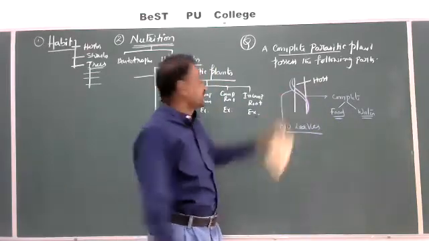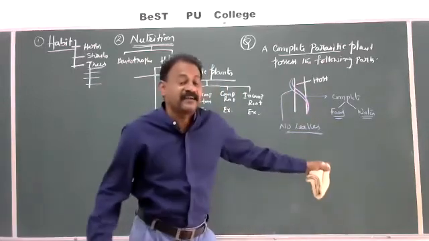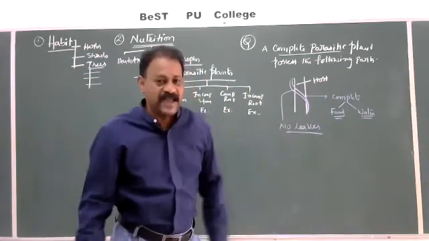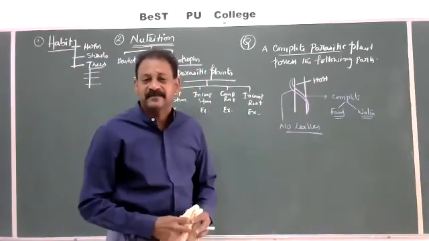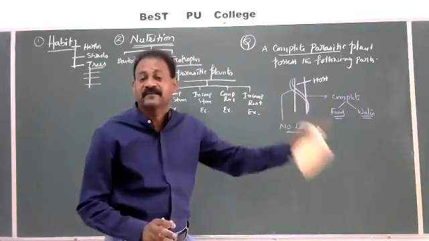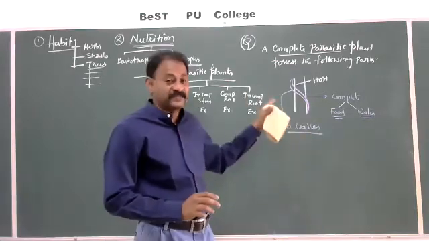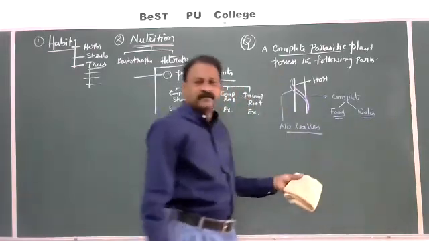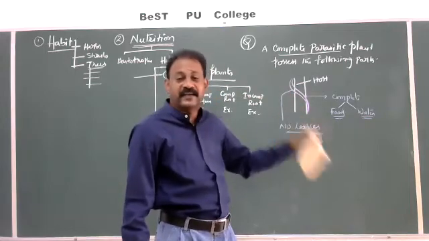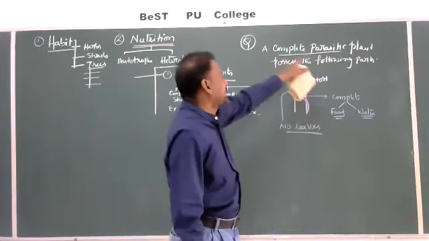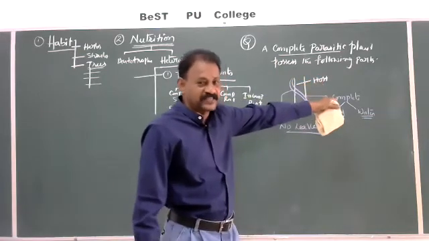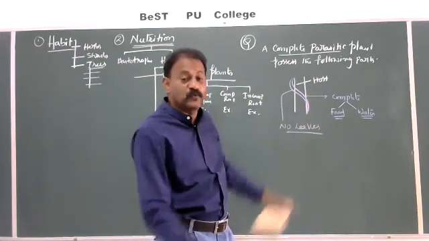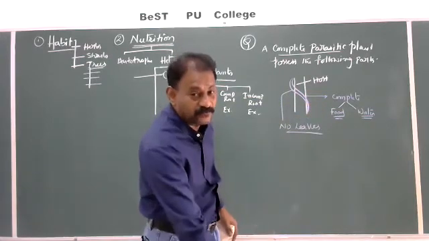So in a complete parasitic plant, what do they possess? They possess a stem-like structure. Even they are not having roots, because it depends upon the host for both water and food. A complete parasitic plant does not possess roots for absorption of water from the soil and leaves for the process of photosynthesis. Simple. Out of the 4 options, only that option is correct where they mention a complete parasitic plant does not possess leaves, and it does not possess roots which are used to move in the soil to absorb the water.